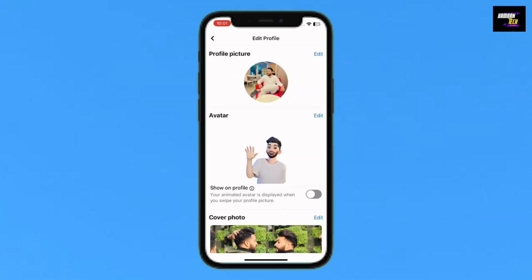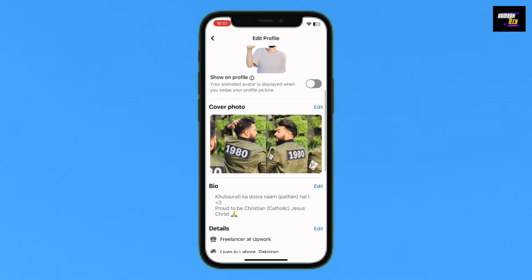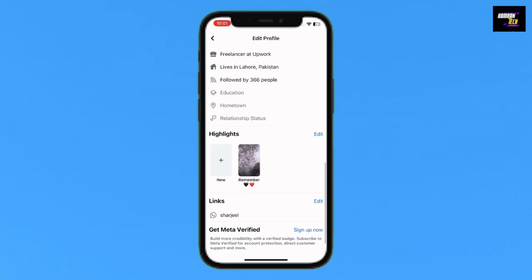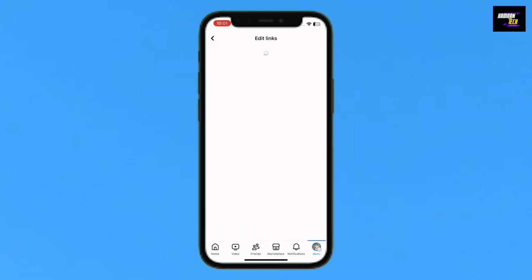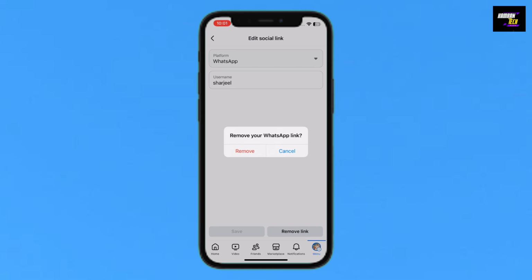After loading, you will scroll down, and at the end you will find the links option. So simply tap on it, edit, and from here again you will tap on your WhatsApp logo. So from here, the option at the right bottom is remove link. Just tap on it, and after that you will confirm that you want to remove your WhatsApp link